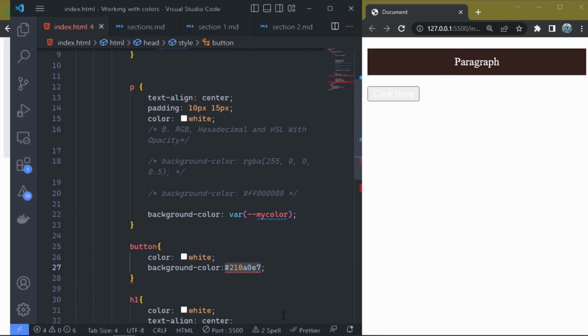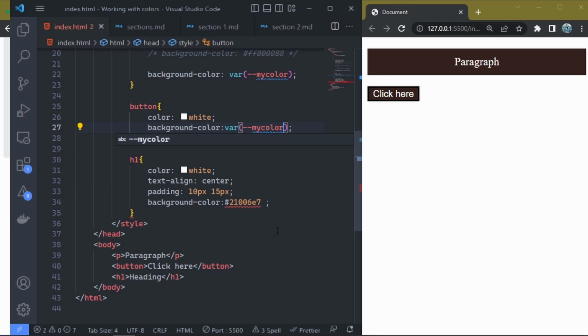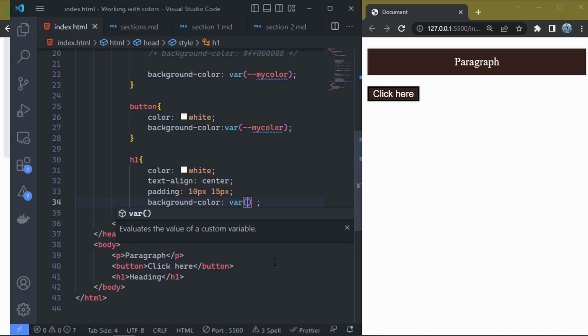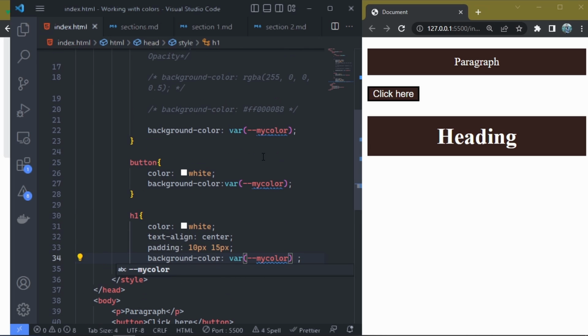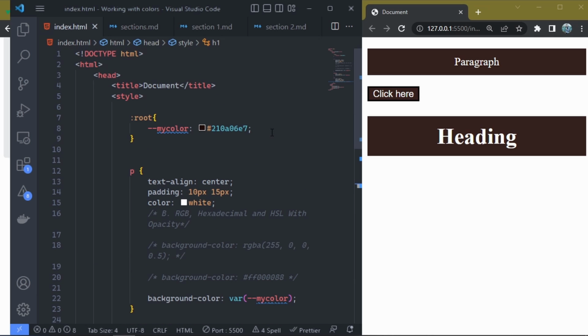Instead of using the exact value, you can use a variable, which is going to ensure that you don't make a mistake. My color. See that I get that background color, and the same thing here. Just make it var my color, and get that background color there. So that's how to use color variables to ensure that you don't make a mistake while using colors on your website. So you can create different color variables at the root level, and you can use those colors in different pages